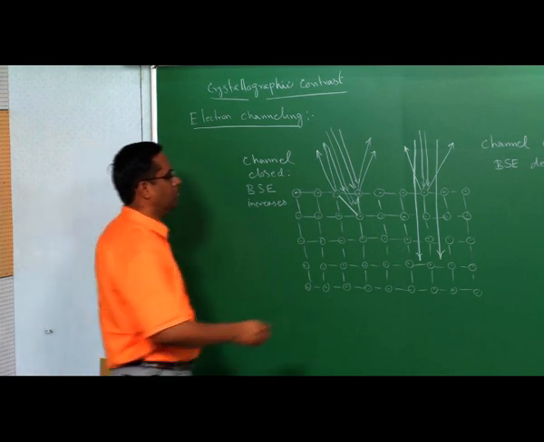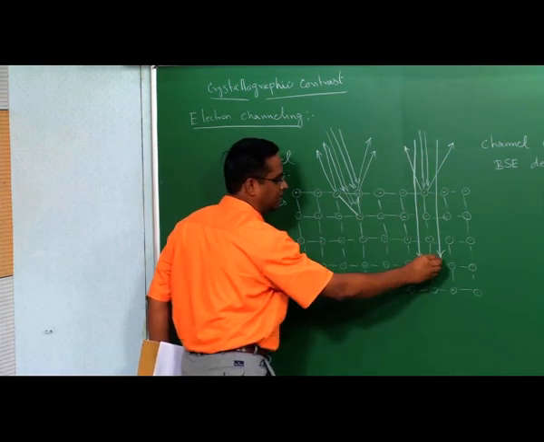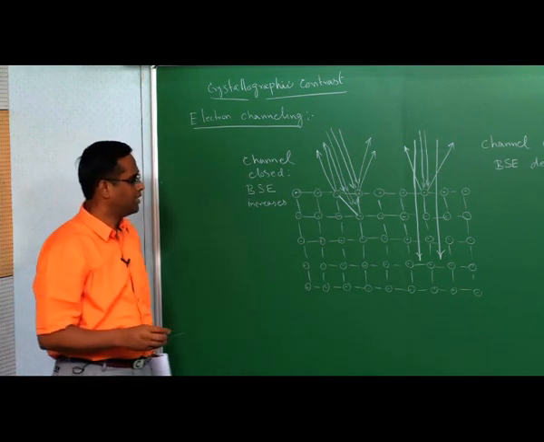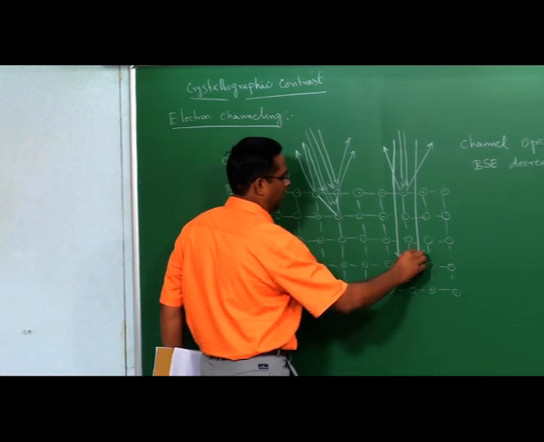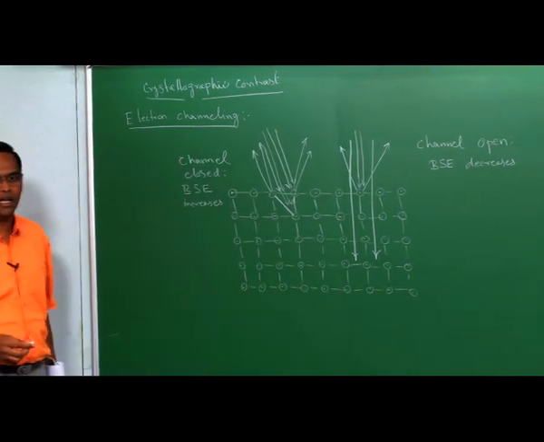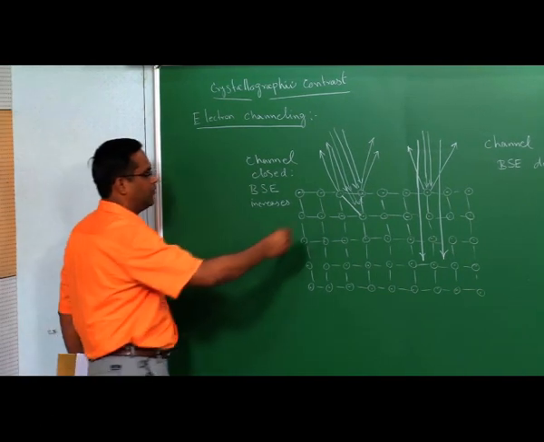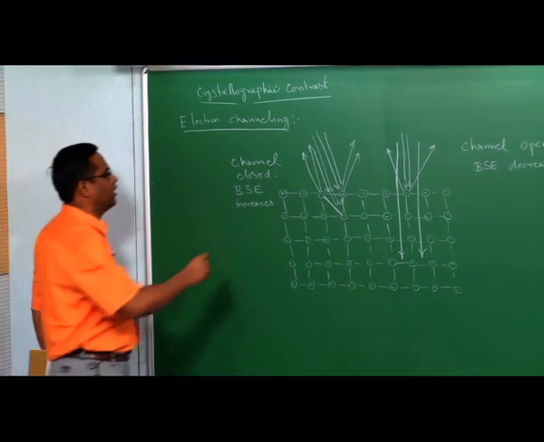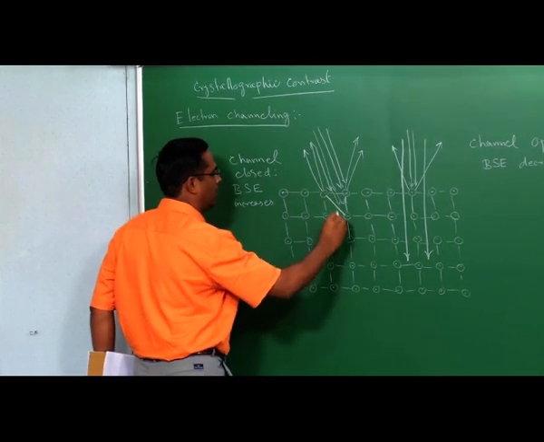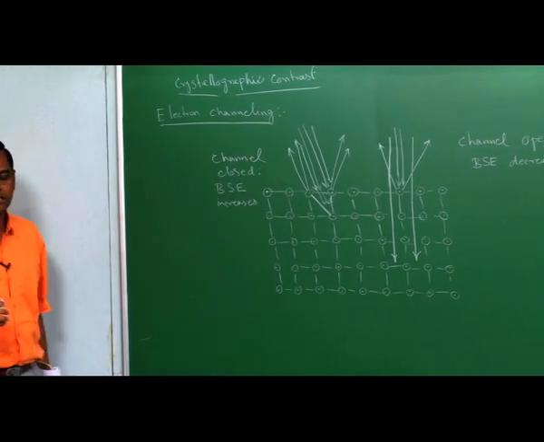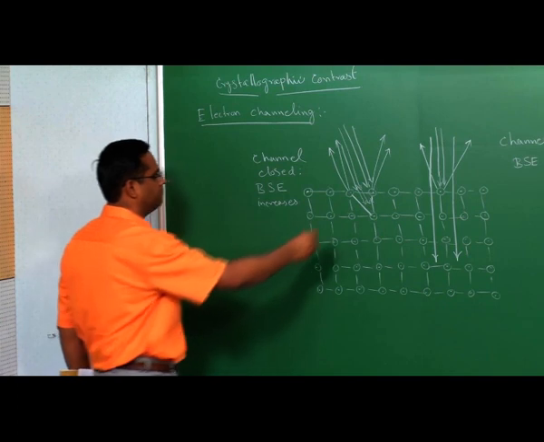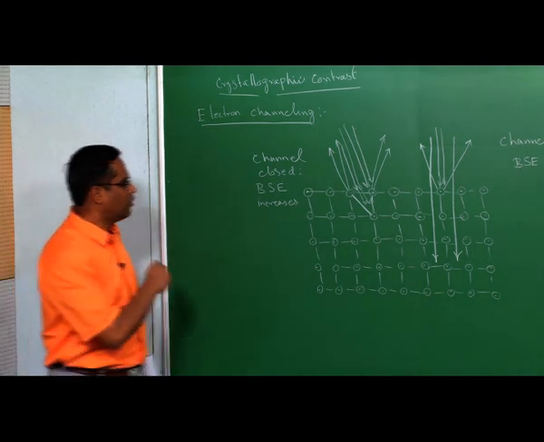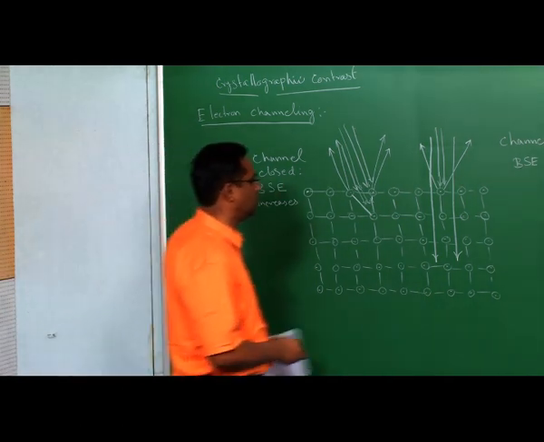Then the electron beam can travel all the way inside the crystal, and then the chance of coming back, that is the BSE after scattering, is less. Whereas, if it is stopped at the surface itself, then the probability of getting the BSE, that is in terms of yield, is more here. So, you have the difference in the contrast. We will write a few remarks about it, then we will move on to this explanation.